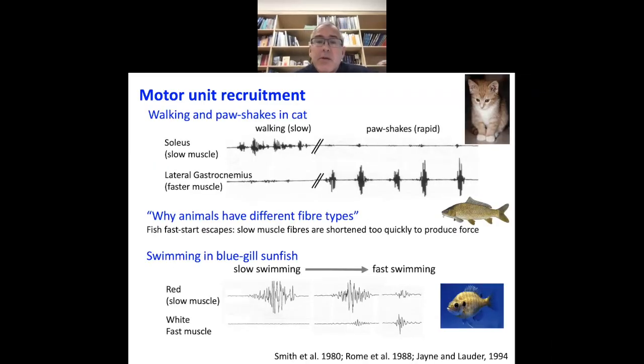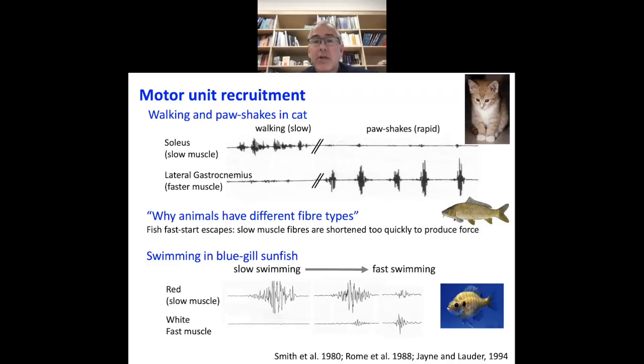So one thing that we can do to understand this is to get insight from some of the animal studies. And animal studies will commonly have looked at different muscles, not just looking at recruitment of motor units within a muscle, but they've recorded directly from different muscles. So an early study looking at this was the cat paw shake paper by Smith back in 1980. What they did was they had EMG recordings from the